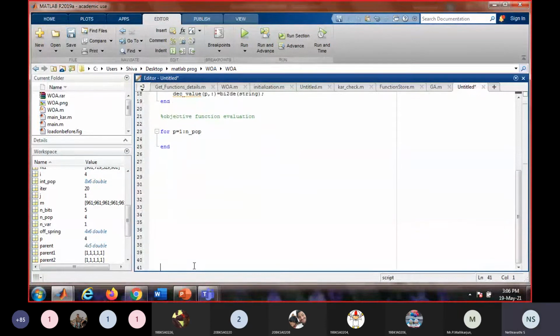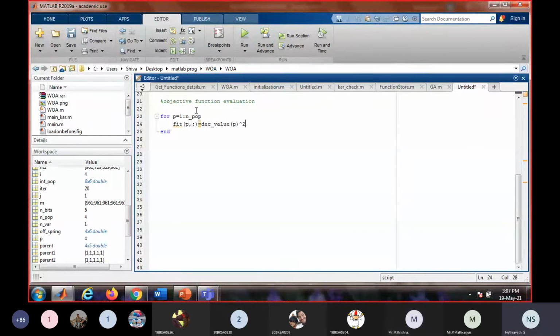We have to calculate the fitness value. We are defining one more variable called fit, or one more array we can say, p comma all columns. What we have to evaluate is, any doubt? Okay, so what is our fitness function?